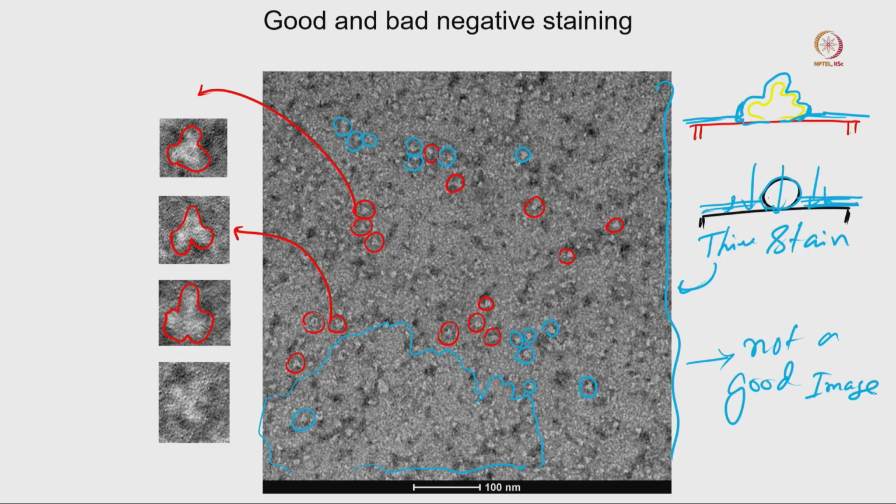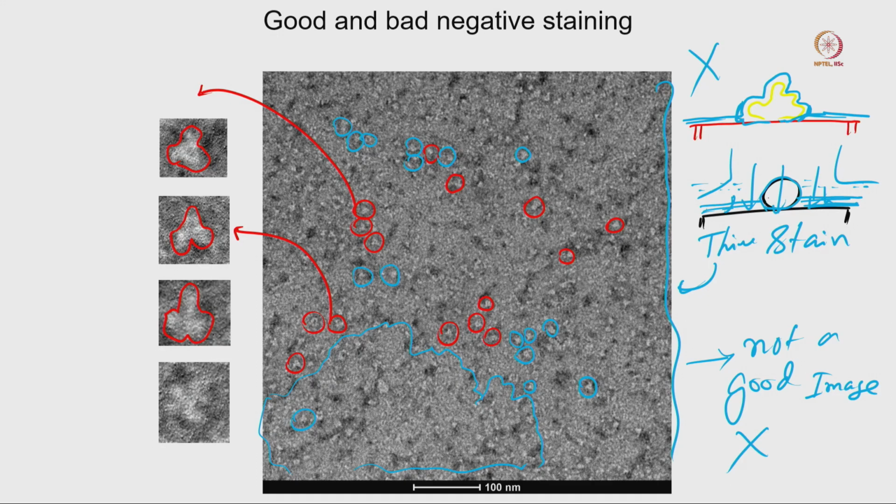Okay, so we can see our protein sample and we can isolate the single protein molecule, there is no problem. But overall, if someone asks about the image quality, definitely this is a very bad quality image. So if we are getting this kind of image, it is better not to consider it seriously. It will be better to find a slightly thicker stain area. Thicker stain area means more stain will be deposited there, and then there will be a proper scattering difference between the protein and your background, and you can isolate your protein molecules properly.